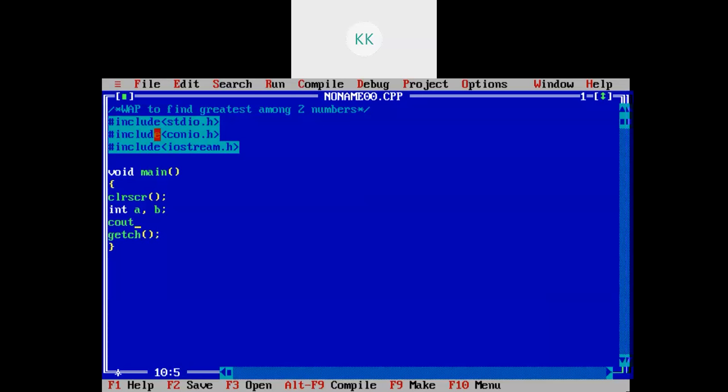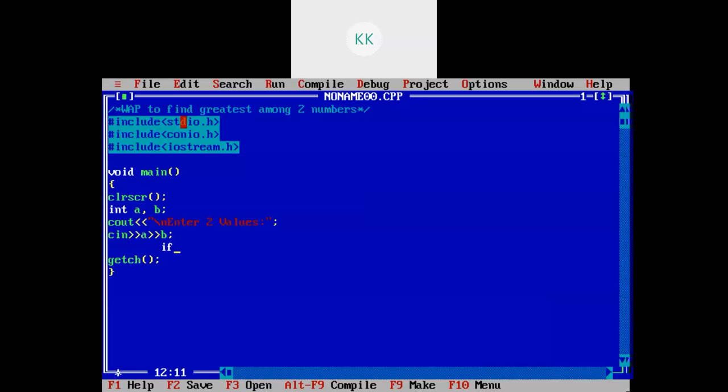So I will write here cout \n enter two values. Then I need to read two values, a, b. Right.